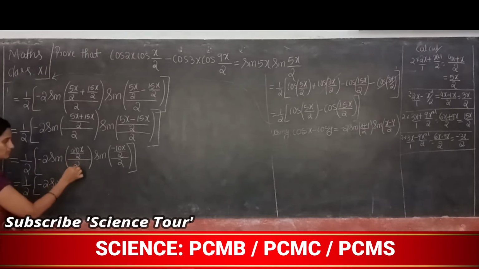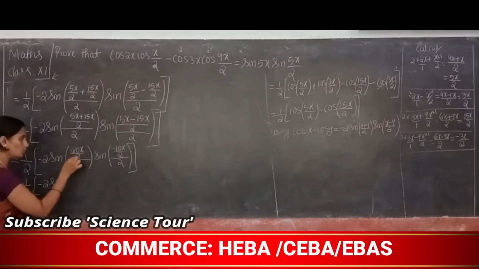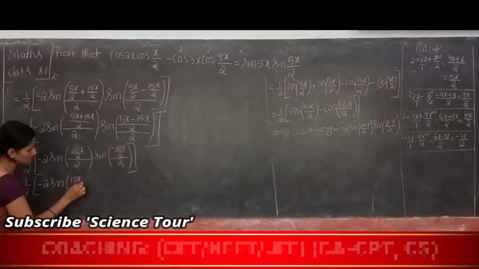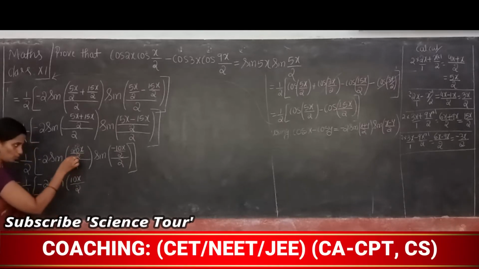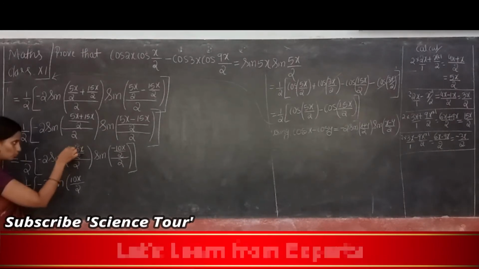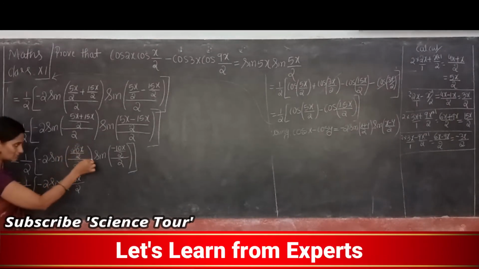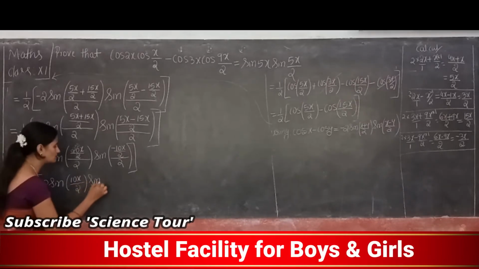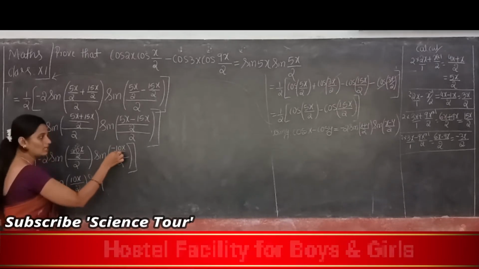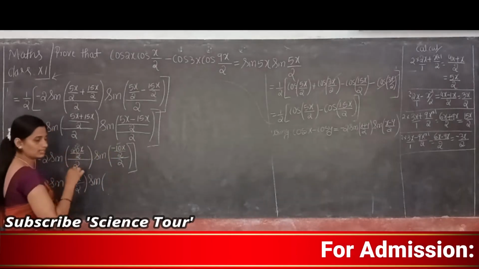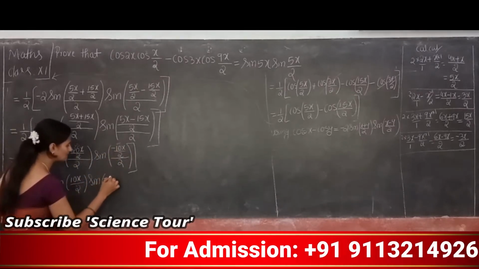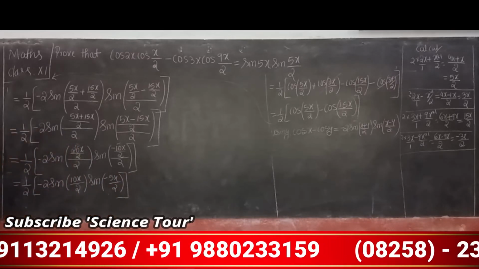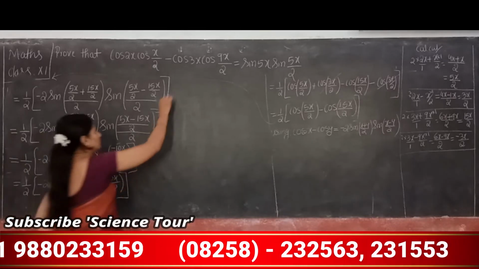Next, is it possible to cancel? Before that, 2 ones are 2, 2 tens are 20, so it is 10x divided by 2. 2 ones are cancelled. 2 tens are 20, so 10x divided by 2. Right? Sin, 2 ones are 2, how much here? 2 fives are 10, so it means 5x divided by 2, close this bracket. Clear, no?